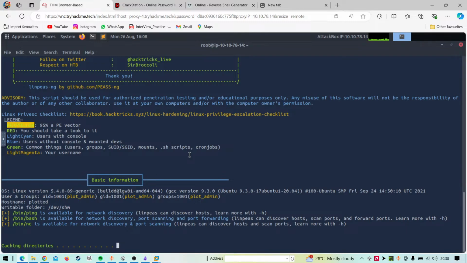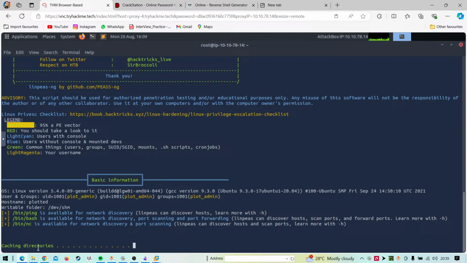If we are certain that it has SUID binary vulnerabilities, then just to save time, why would you run the script when you know the flaws? You just go for this particular SUID binary, use that line of code, get the vulnerable SUID binary, exploit it and get local privilege escalation.